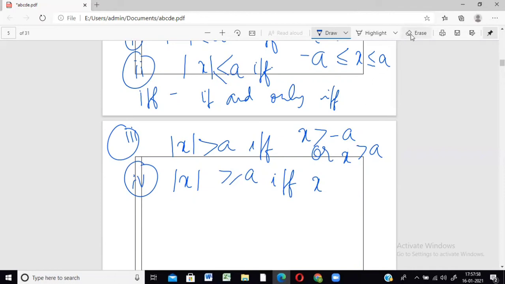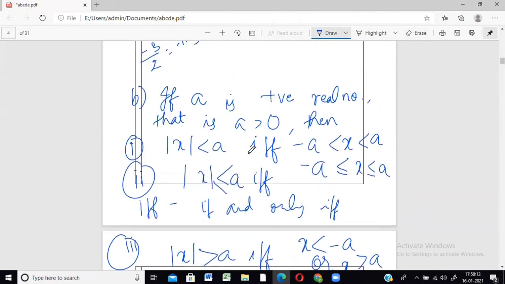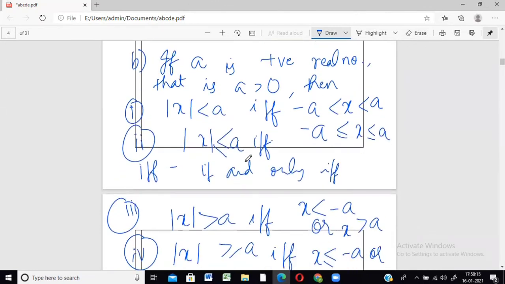x is less than or equal to minus A or x is greater than or equal to plus A. So all this you don't have to learn by heart, it's quite clear. I'll just give you an example of the first one, and then I think the